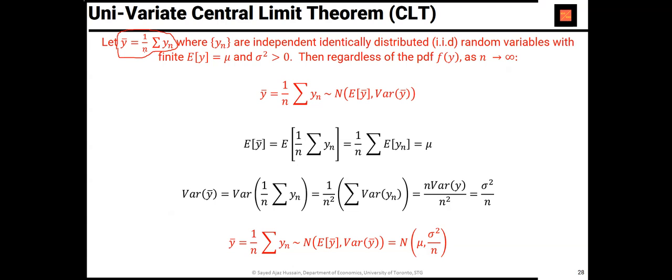You actually collect n Y's. Each of those Y's are independent and identically distributed, which means they come from a parent distribution. The parent distribution is F of y, which has a known expectation and a known variance. So,